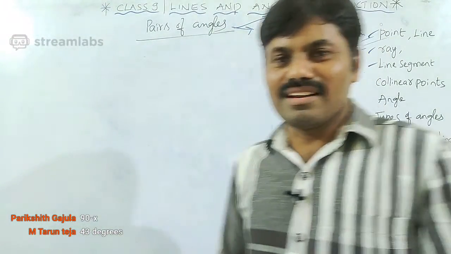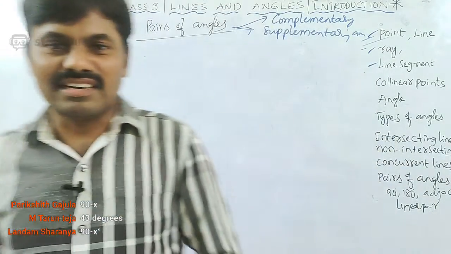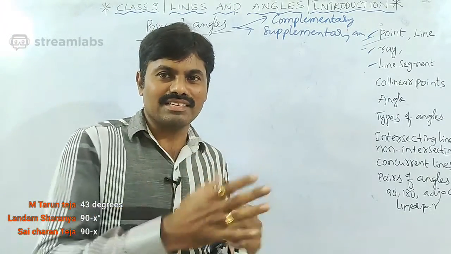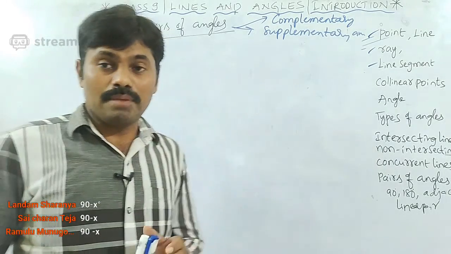And fatafat, hit the like button also. Yeah, correct answer, London. Yes, 90 minus x is very good. We just have to subtract x from 90. That's it. Okay. Now, what is the supplementary angle of